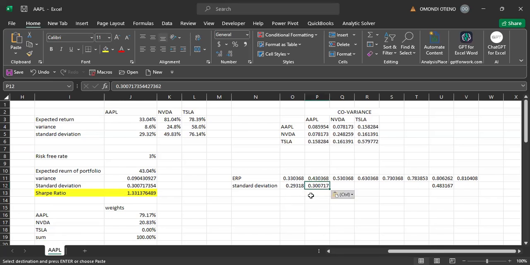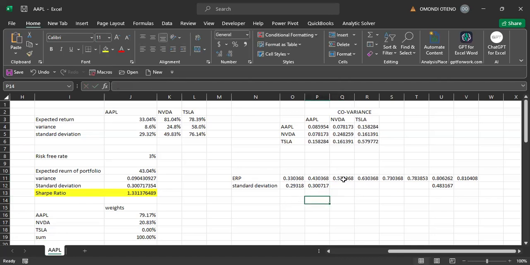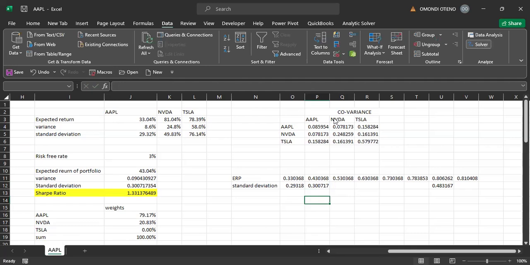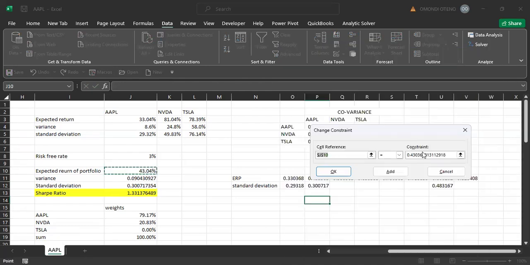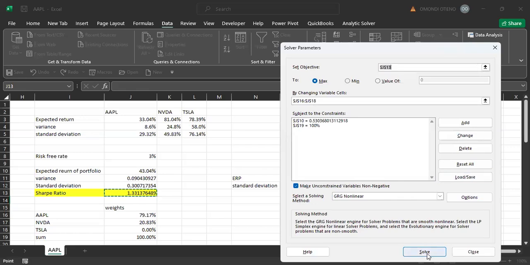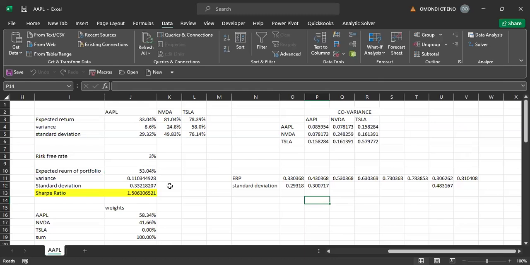So we have this one here. We've been able to bring the standard deviation. So let's come and pick this. You can actually see how this concept is very, very straightforward. So once you pick that, you go to data, pick your solver. Our next point of action is here. We change this to be equivalent to. Then we confirm, and then we solve. Let's solve it. So standard deviation at that point